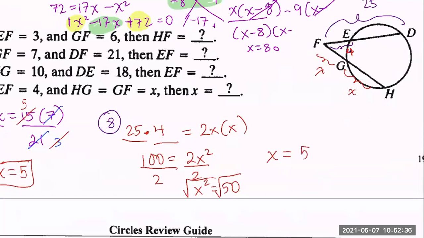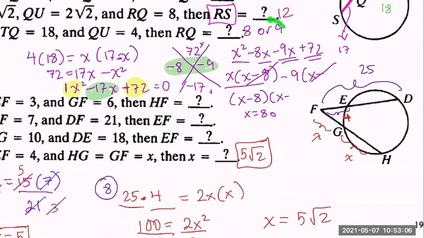You guys are so much faster than the beginning of the year with simplifying radicals. In theory, in Algebra 2 Trig, if this problem was just a problem that did not pertain to a picture or to a physical situation, there should be a plus or a minus in front of it because both are possible answers. But when we consider the fact that x represents the length of something, then you can't have a negative length. So the only possible answer is the positive version. So x is 5 radical 2 is only one possible solution, as opposed to the above where you guys had 2 answers that worked. This one only has 1 answer. Okay, so hopefully